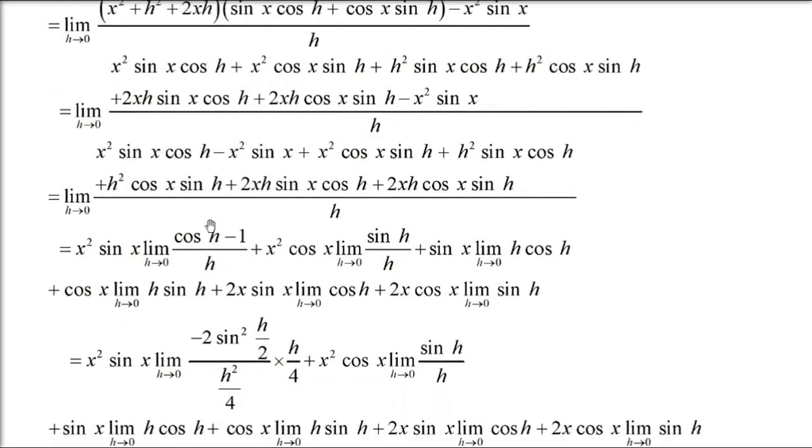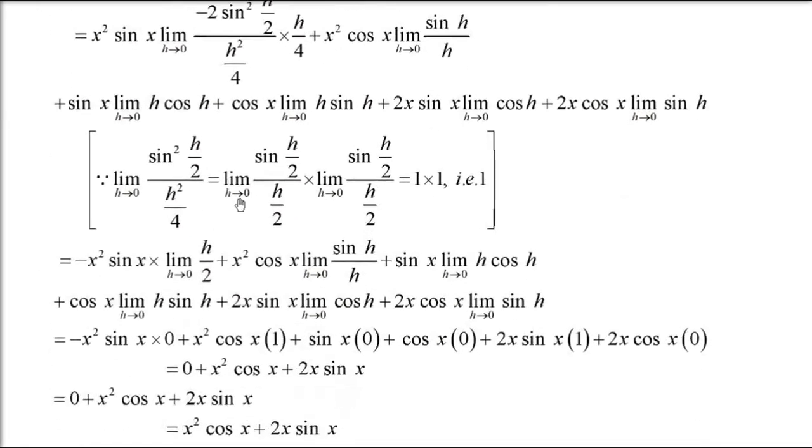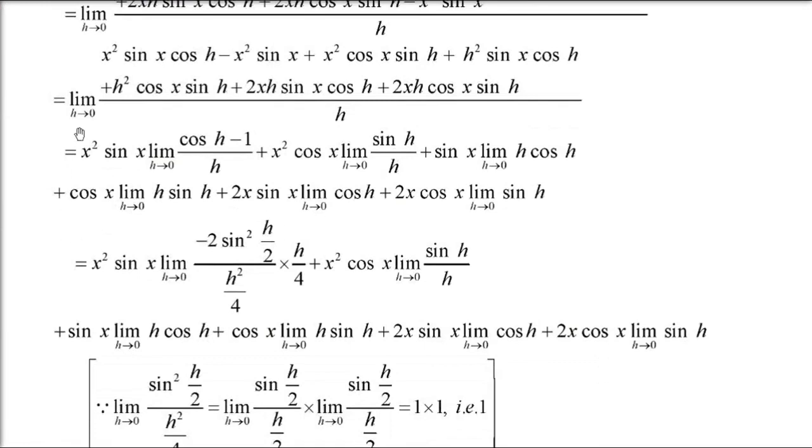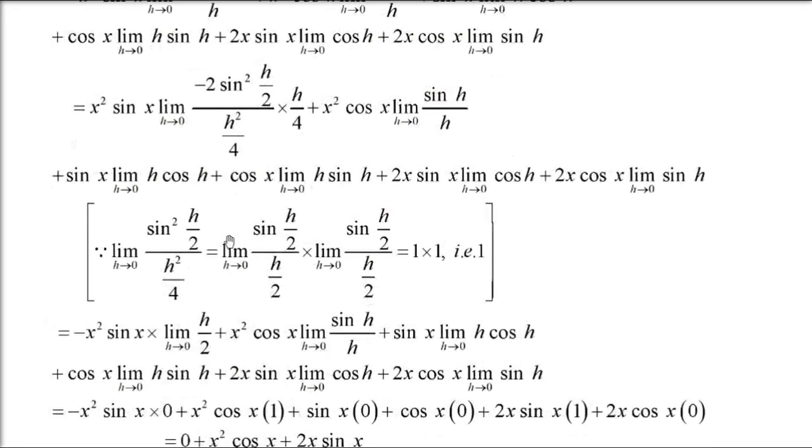Now we have dealt already with all the questions. This from here I am not going to explain it because it is going to be 0. I hope you don't mind if I just skip it, because it's going to be 0. We already did this. So this is 0, right? Why? 2 sin square h by 2, and you have h square by 4. So you are including h by 4. So this term will be 1 and h is already we have included. So all the term will be 0 because h is 0.